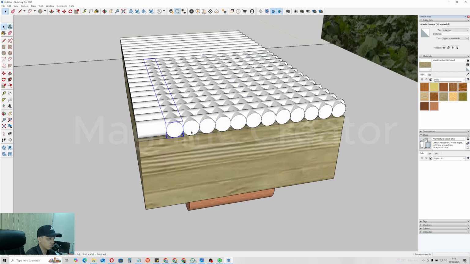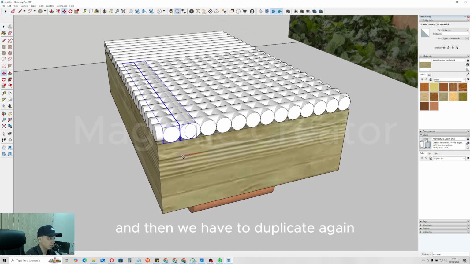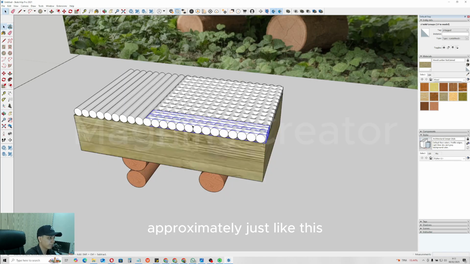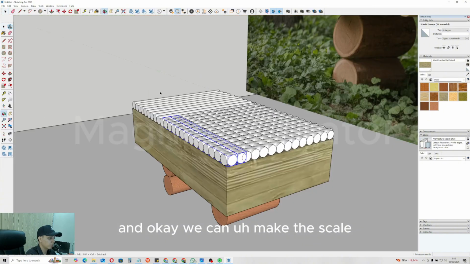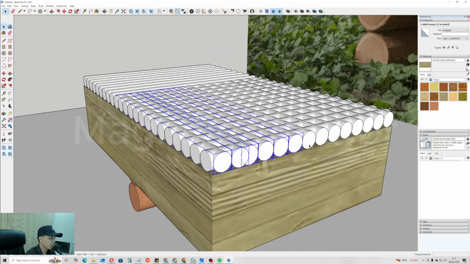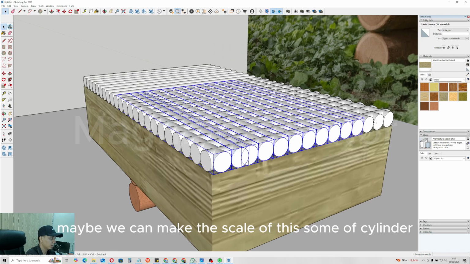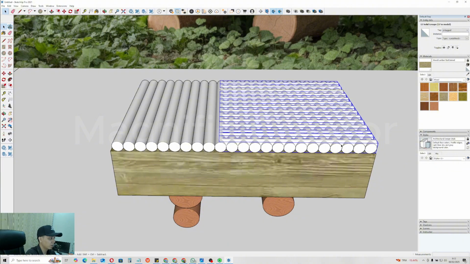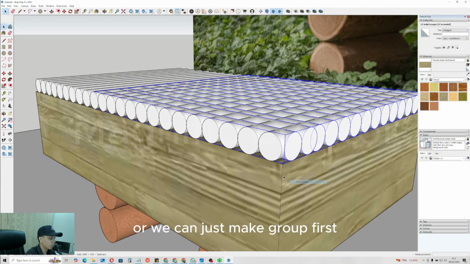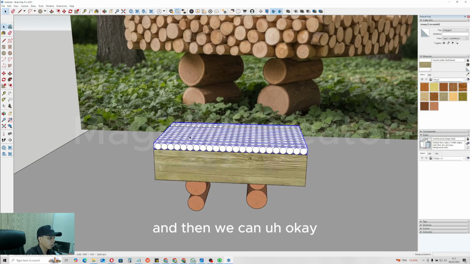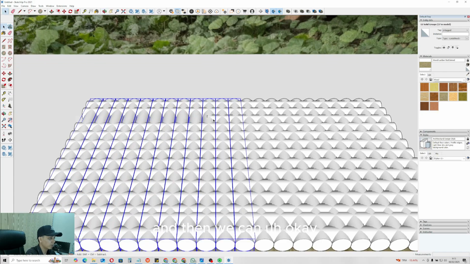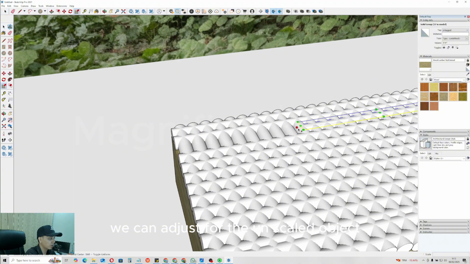Okay, and then we have to duplicate it again, approximately just like this. And okay, we can make the scale. Maybe we can scale this set of cylinders, or we can just make a group first, and then use the scale and place it in this position, and we can adjust the unscaled object,